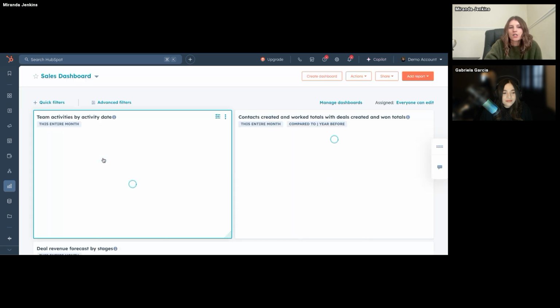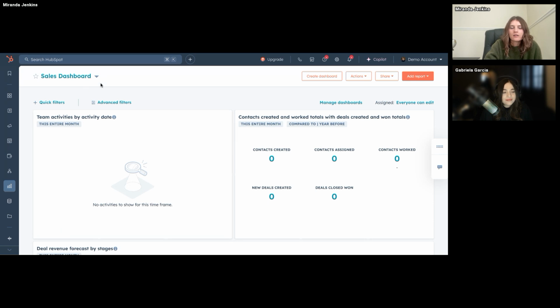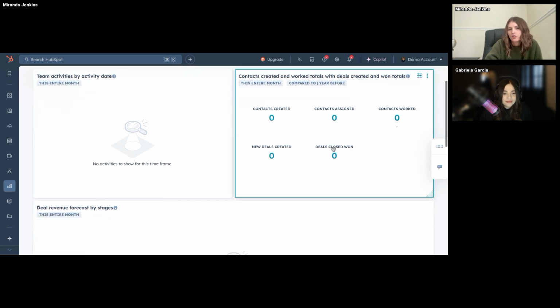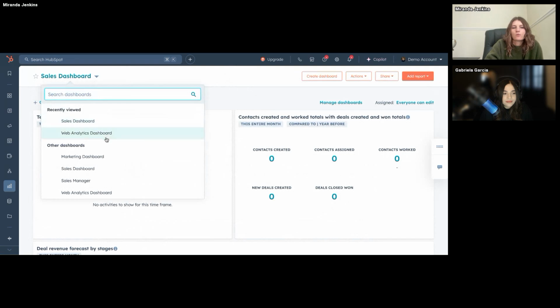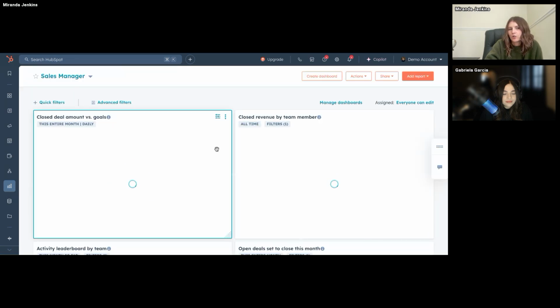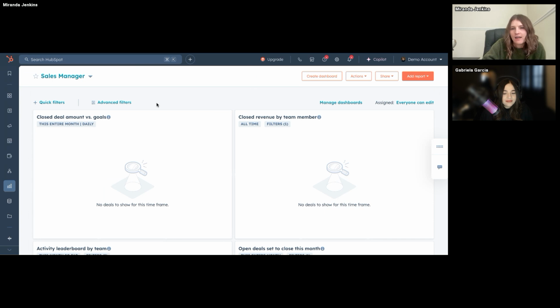Some options of things you can pull in. Here's an example sales dashboard that has team activities by activity date, contacts created, and deal revenue by stages. And then we have an example sales manager one, closed deal amount versus goals. Actually, this is the answer to the question you were looking for. So yes, this report would show your closed deal amount versus the goals that you have set for your sales